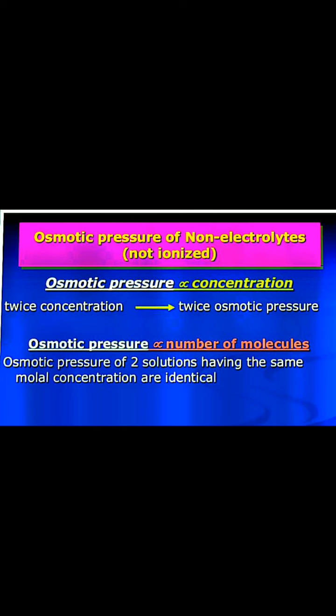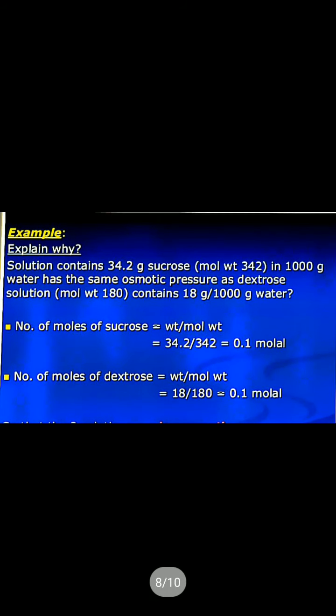अगर दो सॉल्यूशन का ऑस्मोटिक प्रेशर इक्वल है, then their molar concentrations are identical. तो उनके मोलर कंसंट्रेशन बराबर होंगे, आइडेंटिकल होंगे. See, one solution contains 34.2 gram sucrose. सुक्रोज का मॉलिक्यूलर वेट 342, in 100 grams water, has the same osmotic pressure as dextrose, which contains 18 gram of water. देखिए